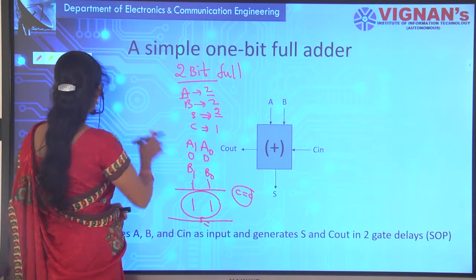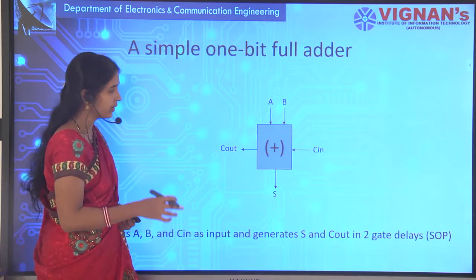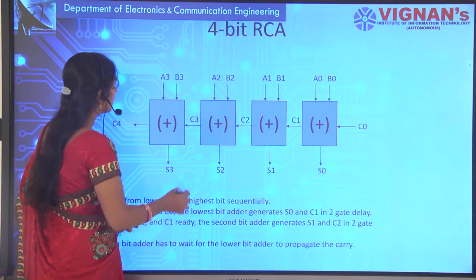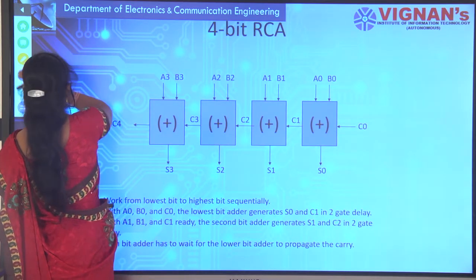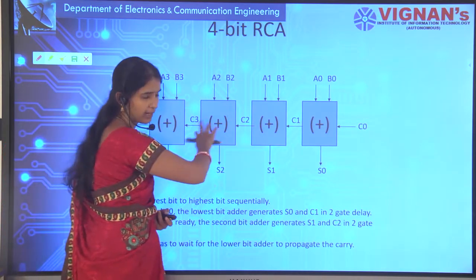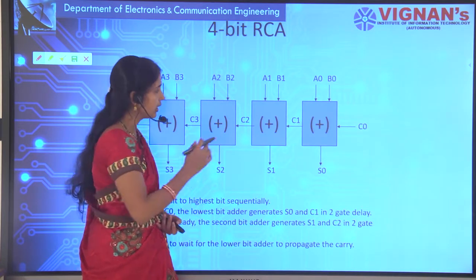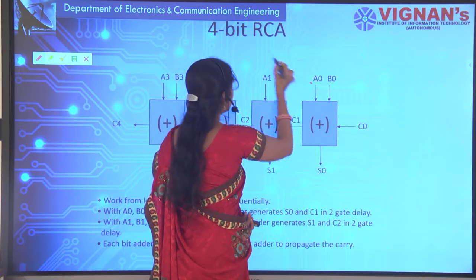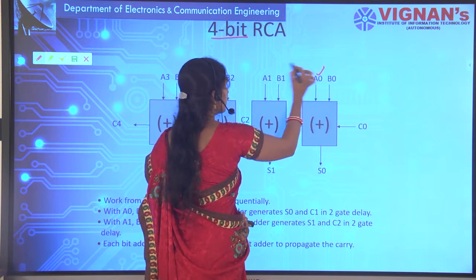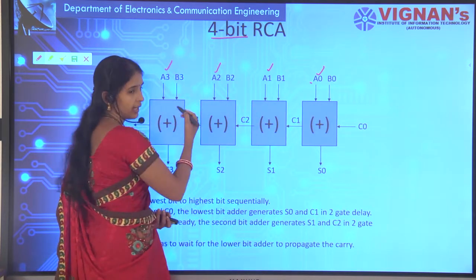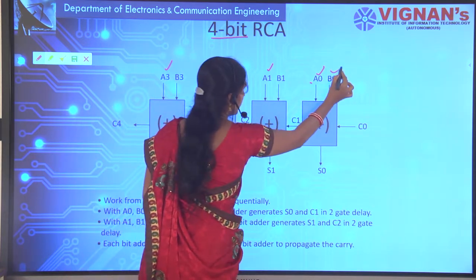If it is a 4-bit full adder, you will know it, as you know, right? See, this is a 4-bit ripple carry adder, as I have already explained. What is a 4-bit ripple carry adder? It is 4-bit: A is of 4 bits, and at the same time, B is of 4 bits.